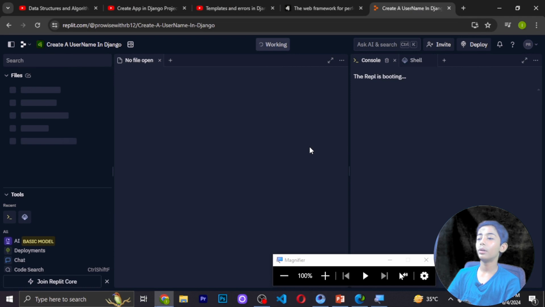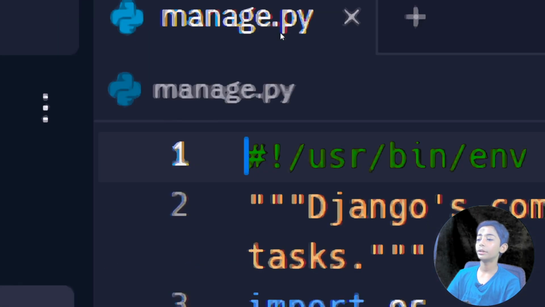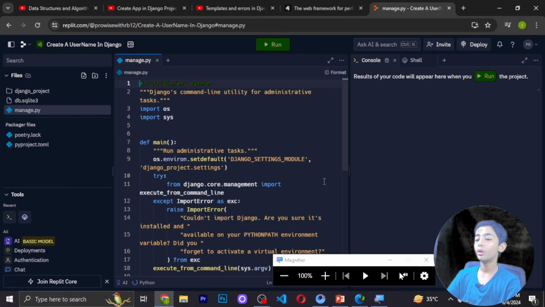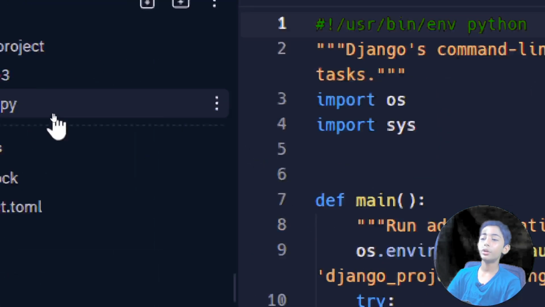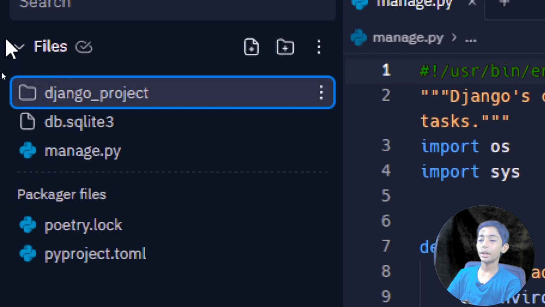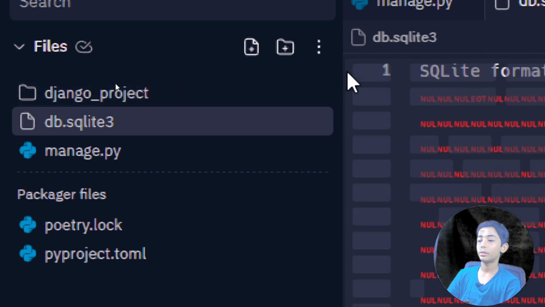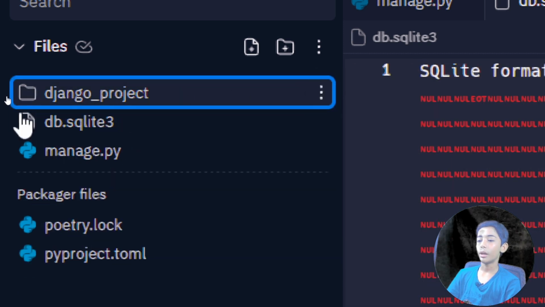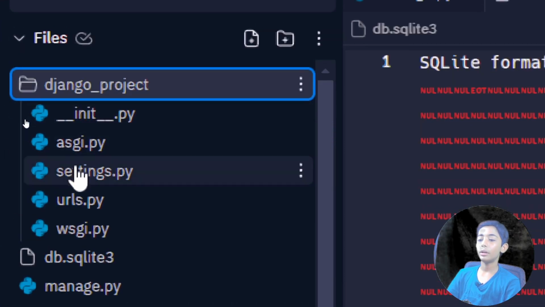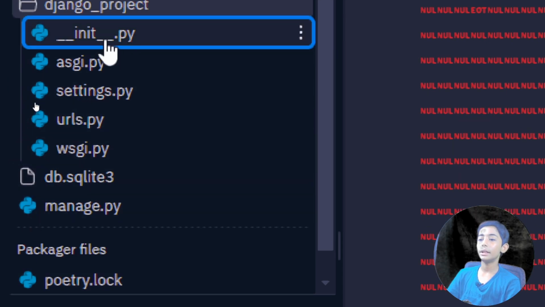When it takes loading, there is one working option. Now it is running, so our files will be made like that. Here you can see this file is made. It is making our files. Where are our files? Double click on the Django project. So all your important files will come here. Click onto this init.py file.